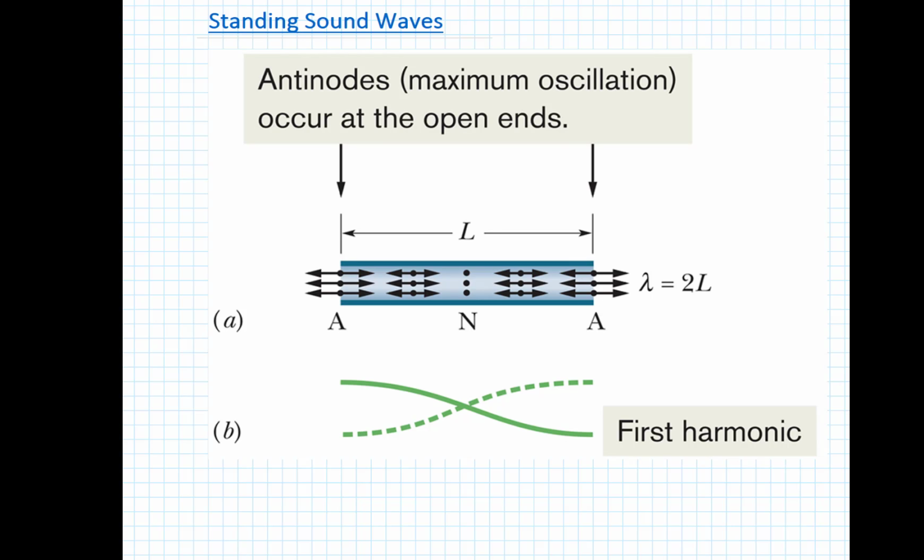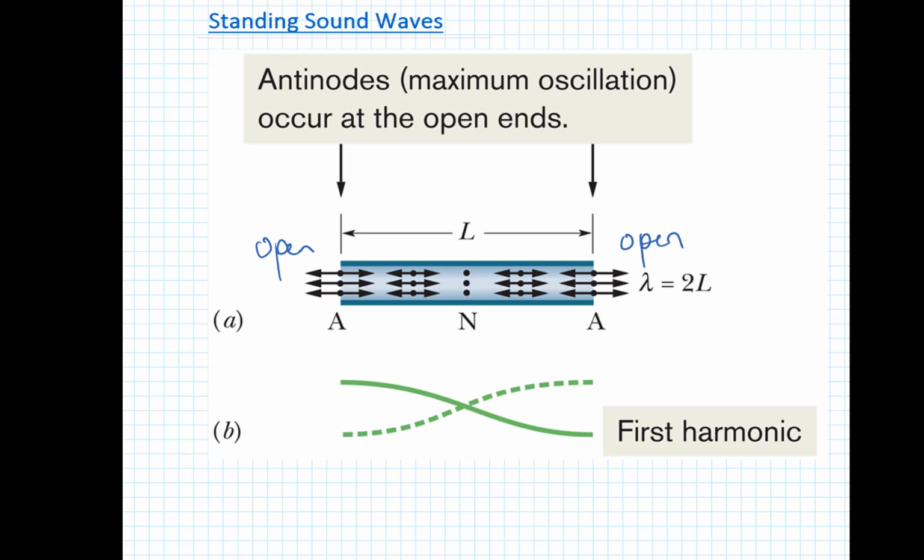So in general, we can produce standing sound waves in a particular section of, let's say, a tube where air could be trapped, such as a musical instrument like a flute. And we can see that the general picture here is shown as we saw in the simulation just now, but with both ends being open to the air. So we can see that both ends are open to the atmosphere, let's say, of air outside, and therefore